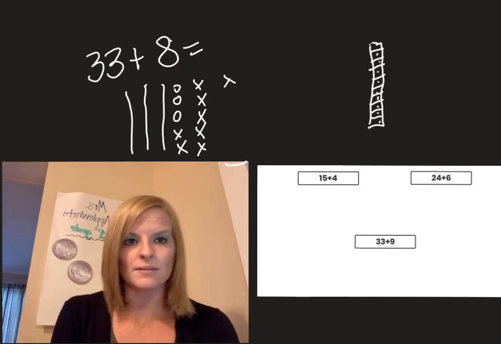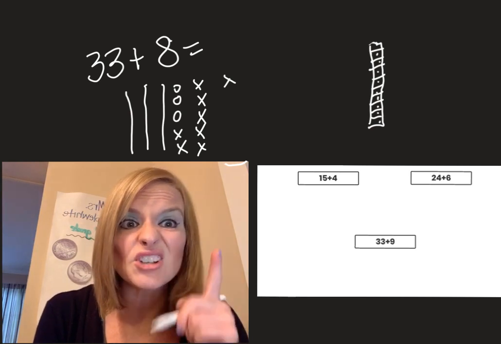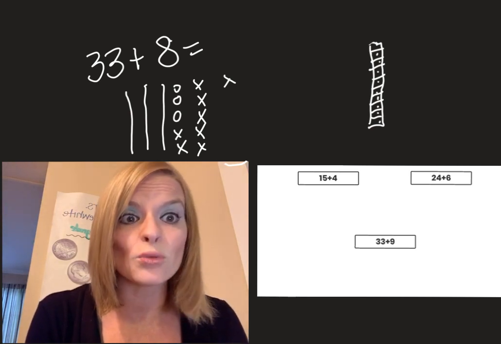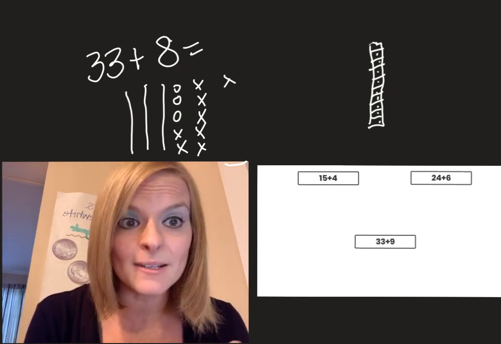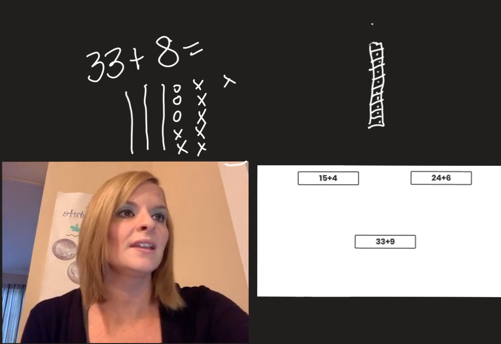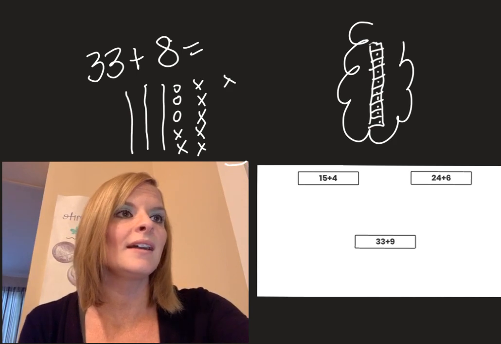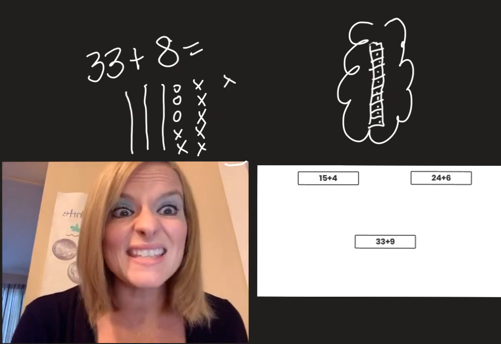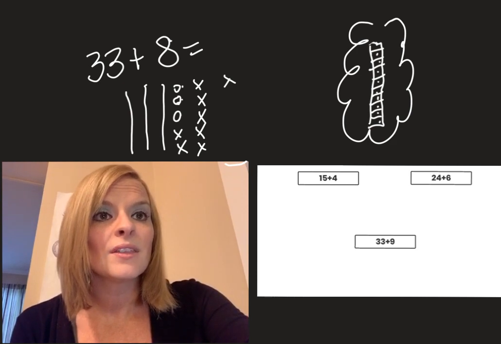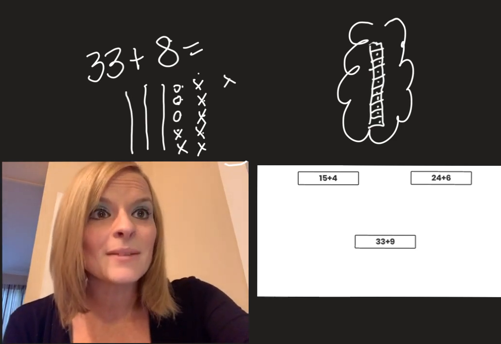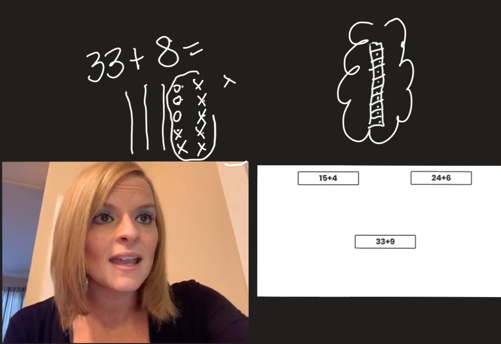I could easily count it, but remember we want to start looking to see if we have a group of 10 ones because that will equal a 10 rod. Because we just have over here, remember, 10 ones equal a 10. So let's see if we have 10 ones. Are you ready? 1, 2, 3, 4, 5, 6, 7, 8, 9, 10. Oh, I do. So I'm going to group those 10 ones together, and I'm going to make it a 10